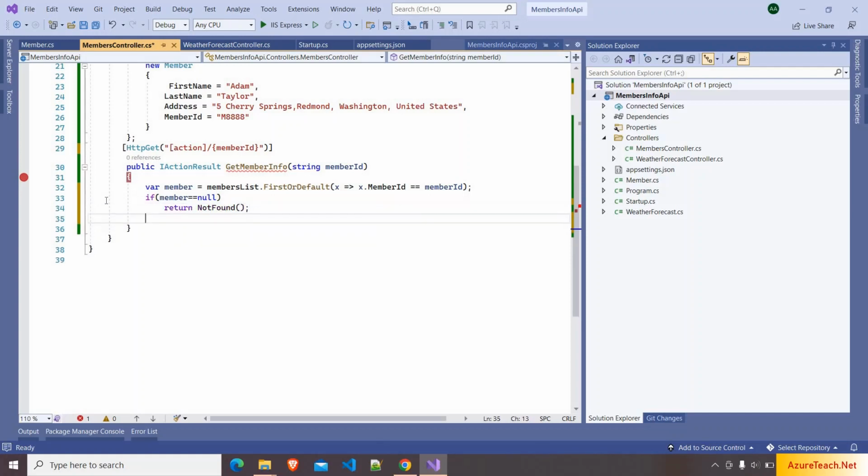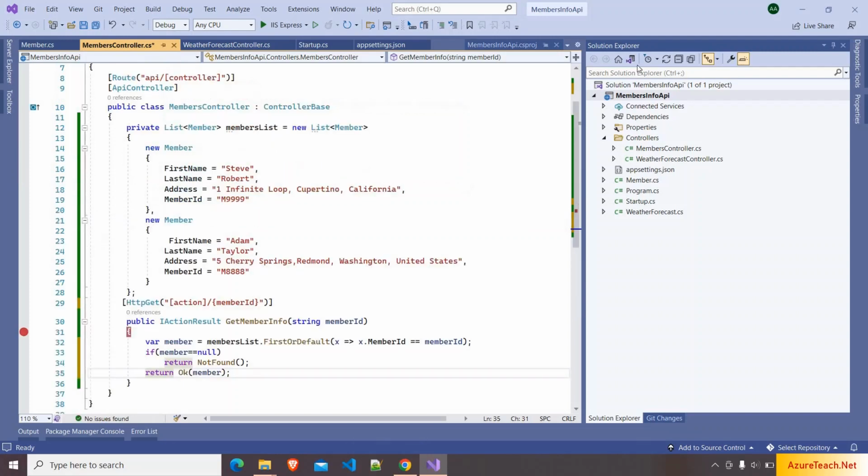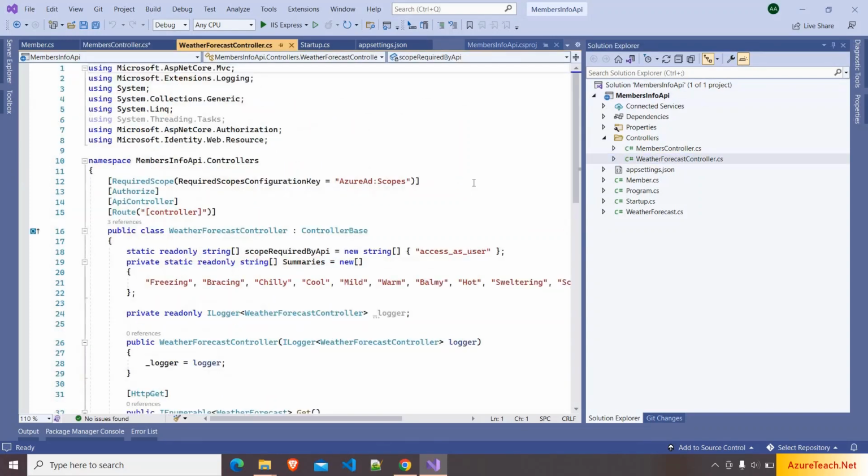Return not found. Return OK of member. Now let us go to weather forecast controller and copy this and this statement also because